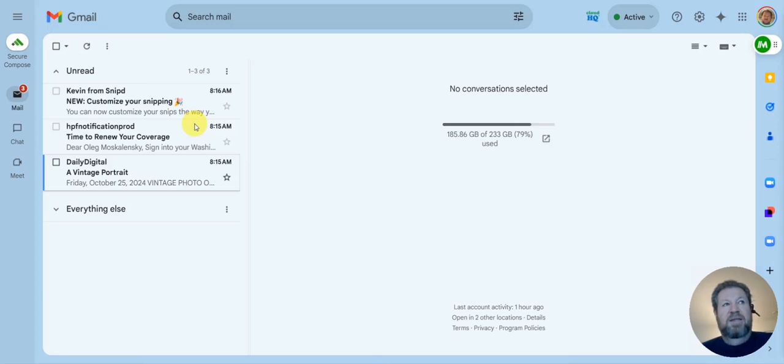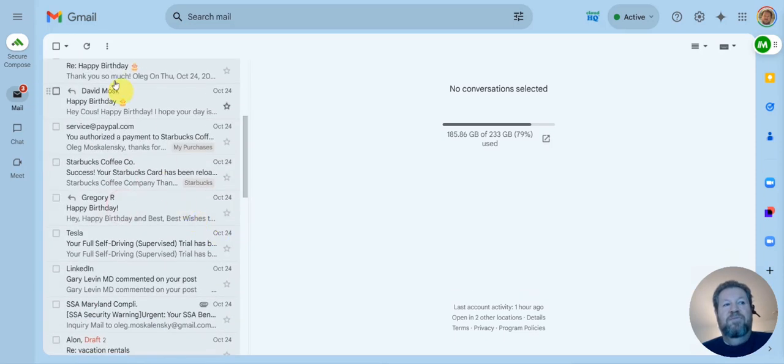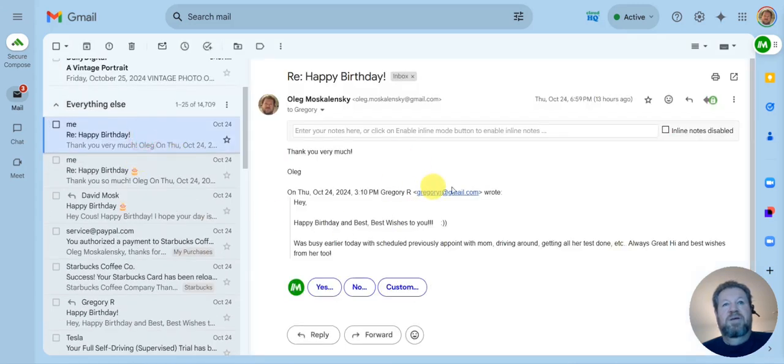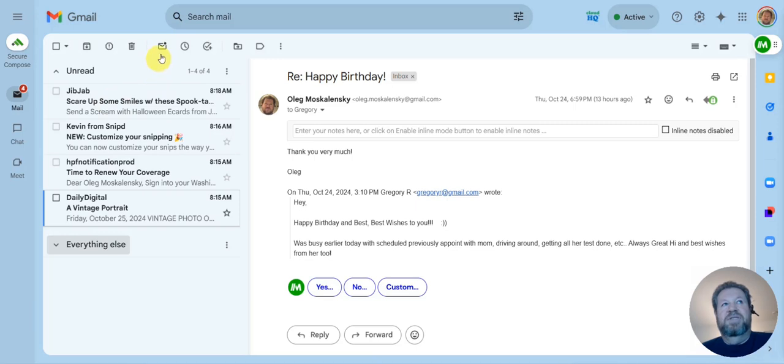And another thing, the final thing I'm going to mention, is that, as you can see, all my emails that show up here are all unread. And that's intentional on my part, because what I want to make sure is, if I read some email, for example, here's an email from yesterday, I immediately make it read, and I intentionally do that myself. I set up the settings so I can make the emails read or unread on my own. I control that part. I don't want Gmail to automatically make them read. So this way I only show unread emails, as you can see, in the way I set up my inbox,